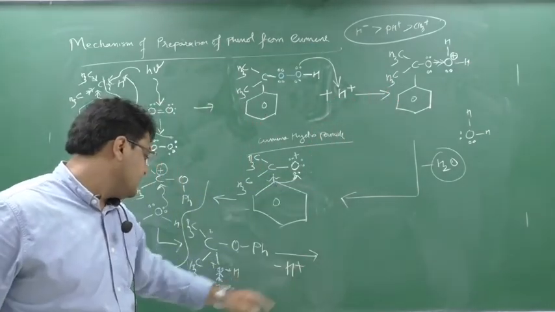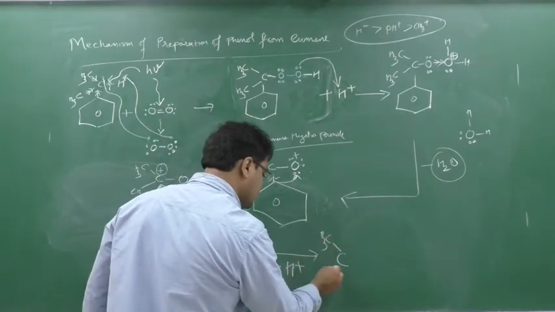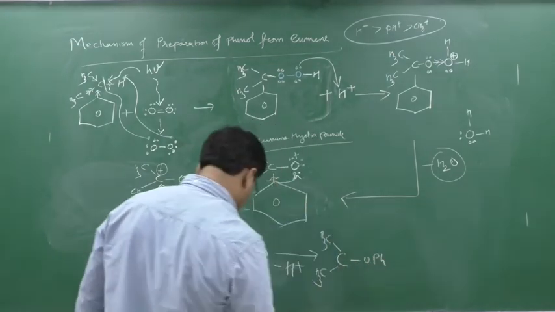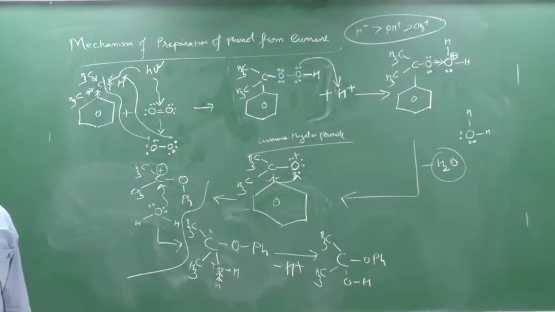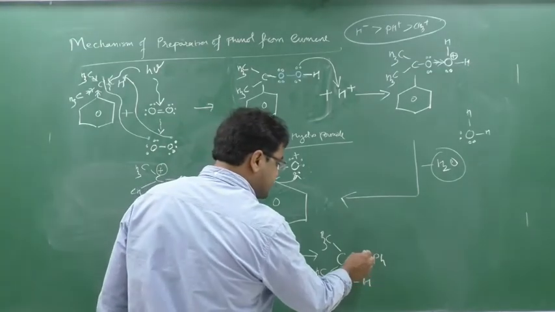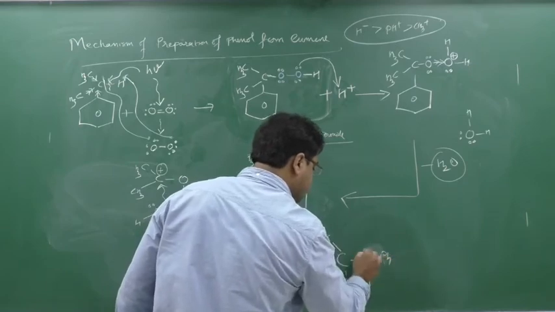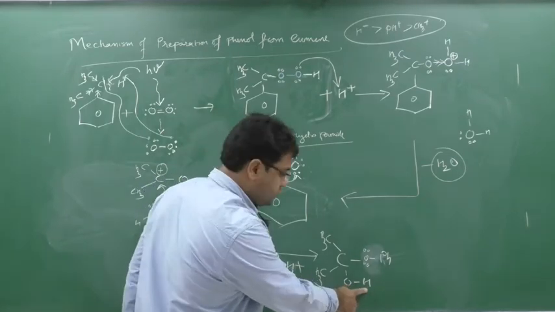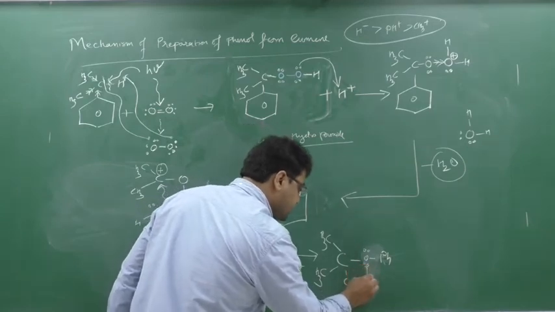So again I got back the H plus, and what changes will occur? The changes are here CH3, here CH3, and here OPH, and here OH. Okay, clear this part? Now see this. This oxygen of OPH is having 2 lone pairs. This oxygen is attached to this hydrogen, which means this is an acidic hydrogen. So this lone pair will be donated to this hydrogen.